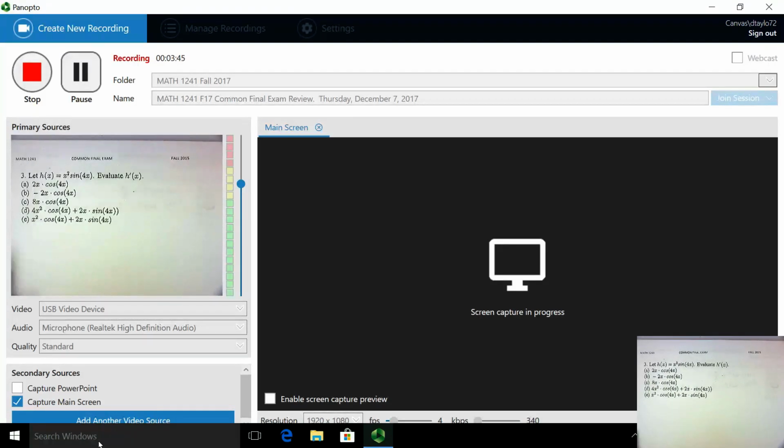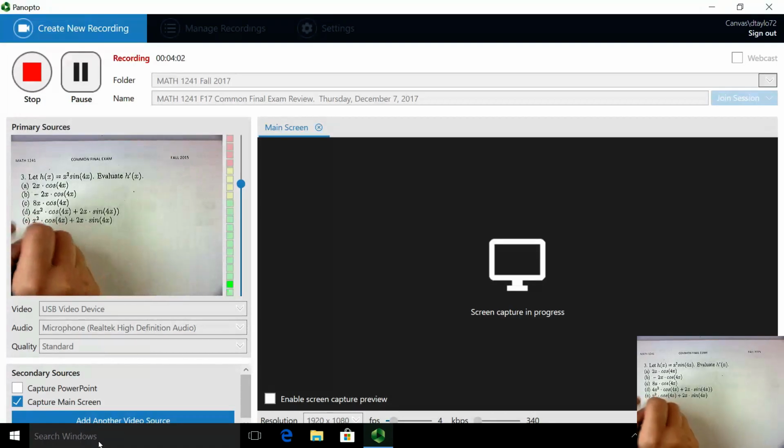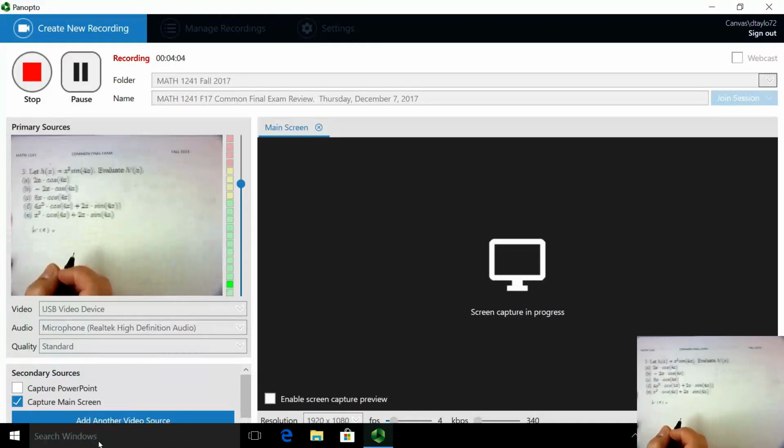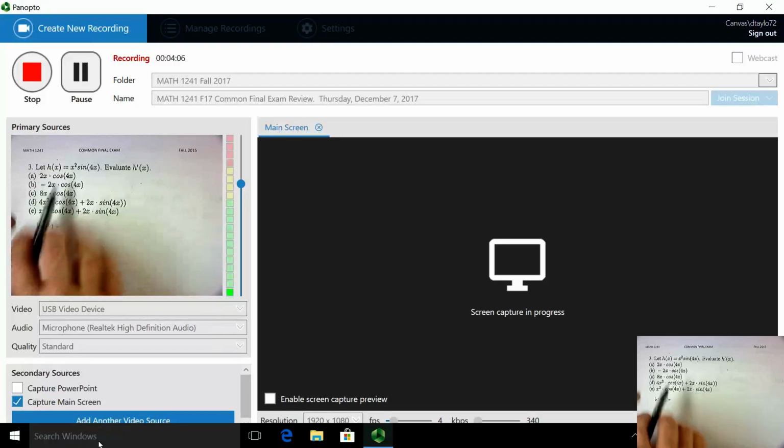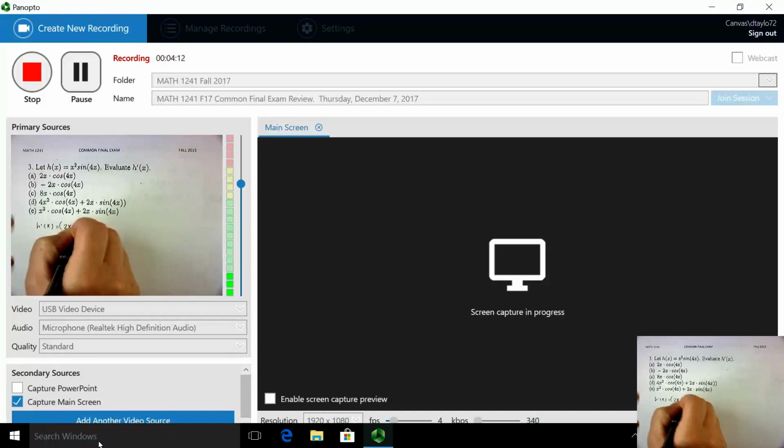Number 3 says let h of x be equal to x squared times sine of 4x. We would like to find the derivative h prime of x. All right. For this problem, we're going to need the product rule as well as the chain rule. Here we go. H prime of x will be equal to, so by the product rule, it will be derivative of the first, so derivative of x squared is equal to 2x,